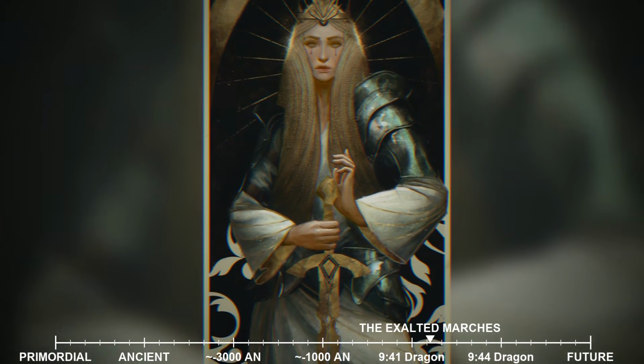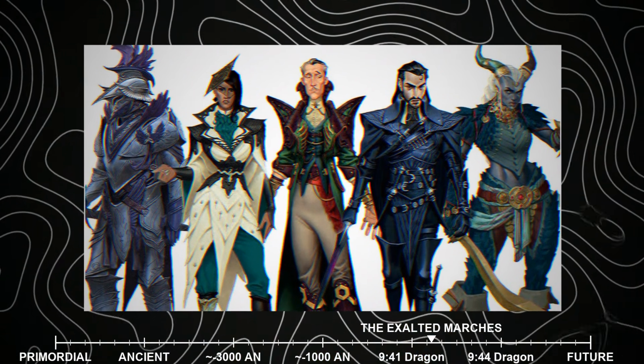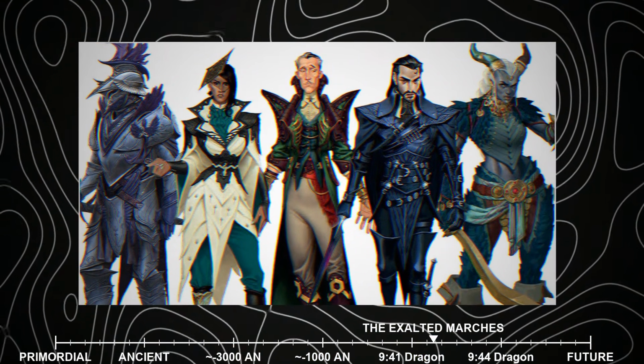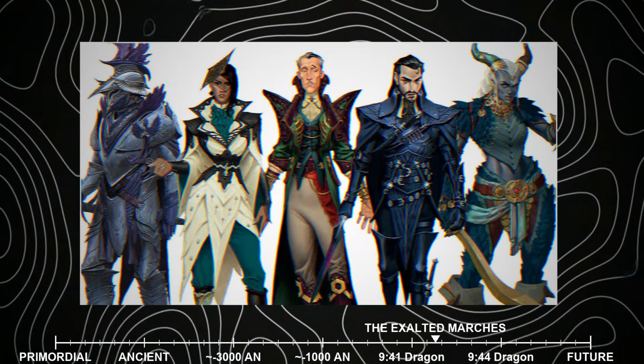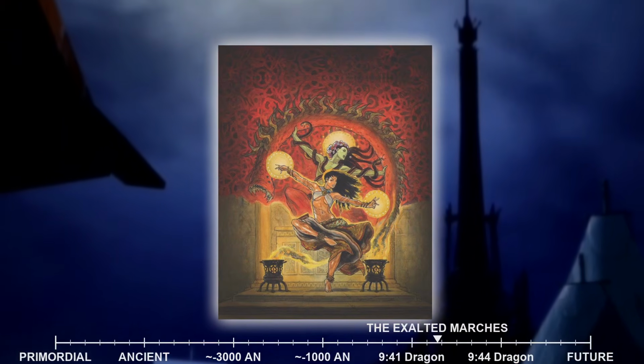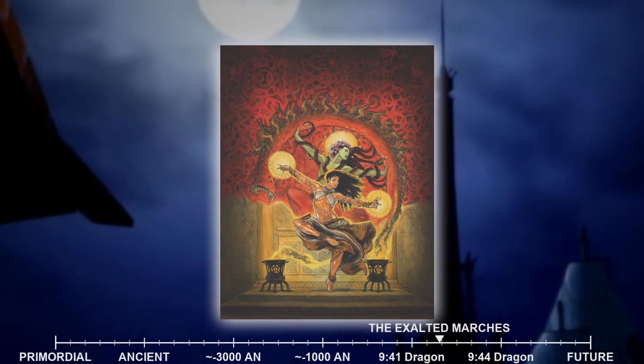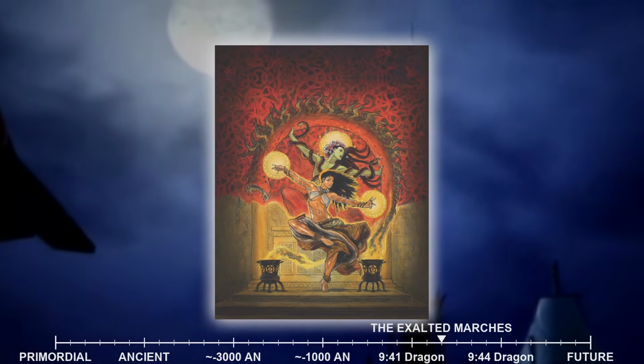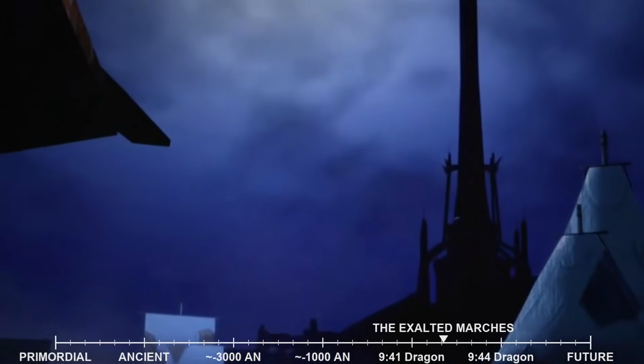Her sacrifice galvanized her followers, solidifying their resolve and deepening their commitment to her teachings. The image of the burning prophetess became a powerful symbol of resistance and faith, inspiring countless others to embrace her cause. What happened next was an unexpected twist of fate that would forever alter the religious landscape of Thedas.